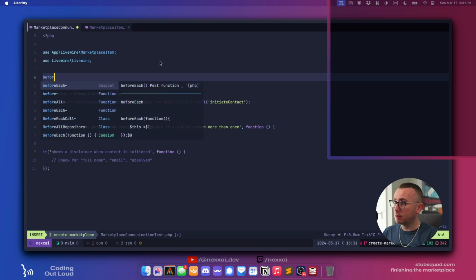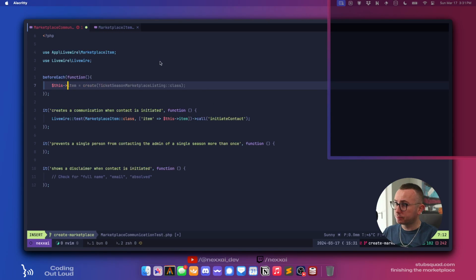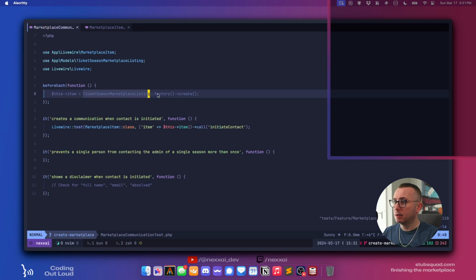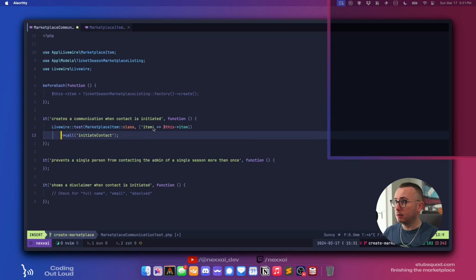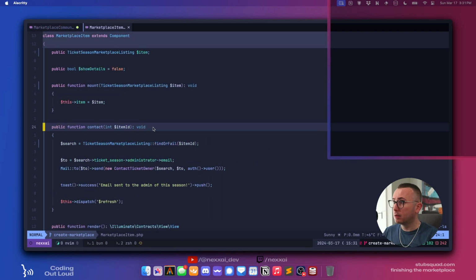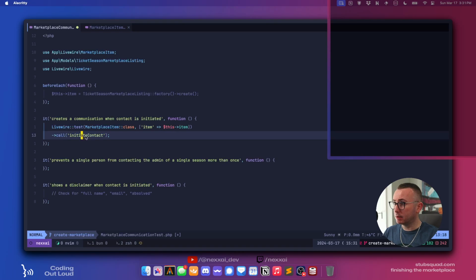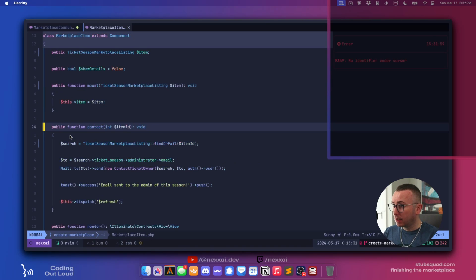So we're going to have to have a for each. This item equals TicketSeasonMarketplaceListing factory create. Yep. And of course, need to import that. Okay, so I don't remember what the... so we need the item is the listing. Okay, yep. And so this is going to call contact with the item ID.